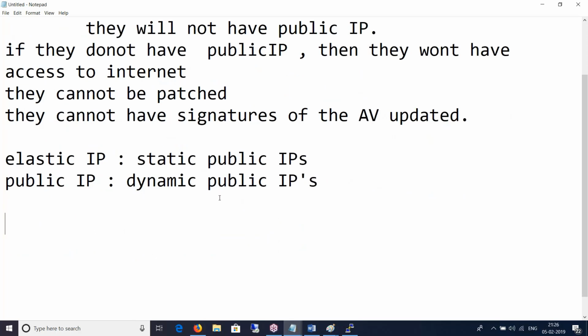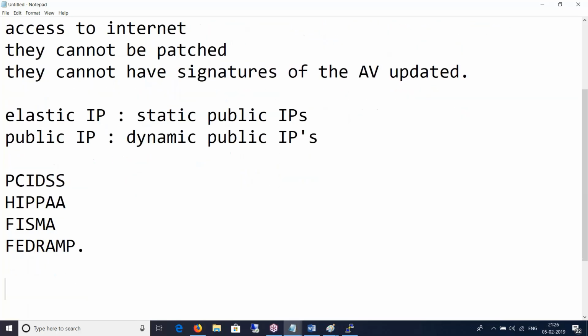So these poor virtual machines that are sitting in your VPCs, according to the compliance rules of PCI DSS or HIPAA or FISMA or FedRAMP, and the list is endless. There are so many of these compliances worldwide.